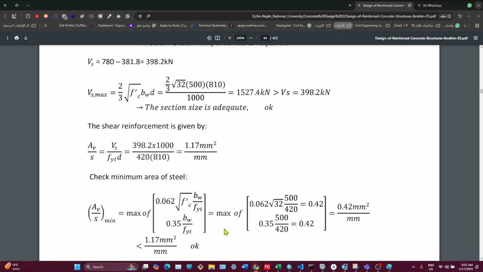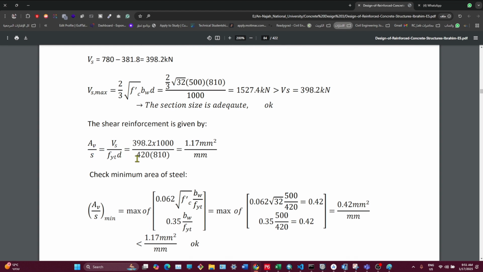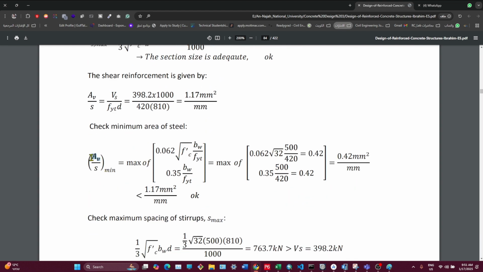Exactly. So Vs is given, Fyd is given. I can compute the AV over S required, which is equal to 1.17, and this is also times 1000 just for the unit matching. 1.17 millimeter square over millimeter, because AV is the area of the two legs in millimeter square, assuming we don't have a double shear stirrup, and this is the spacing per millimeter. Now this is the required, and we also need to check it against AV over S minimum and